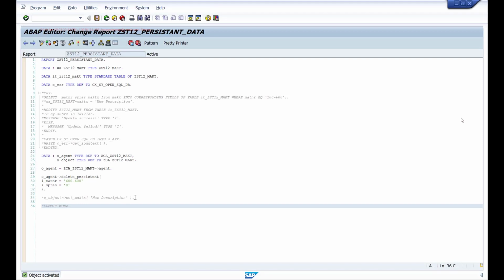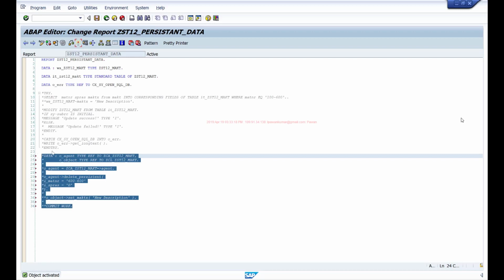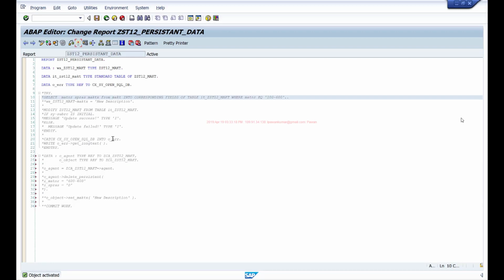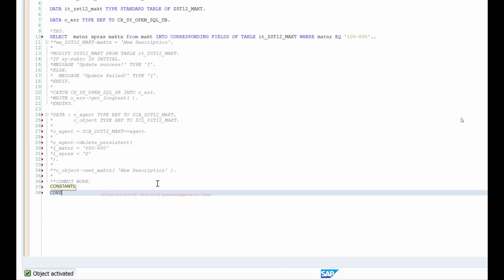If I go to this program, I'll comment this code. So we'll select data from this table into our internal table. So the data is available in my internal table. This data I'll transfer it to the application server and save it as a flat file in that particular directory. So let me create one constant to save the path. So let's say constant c underscore file